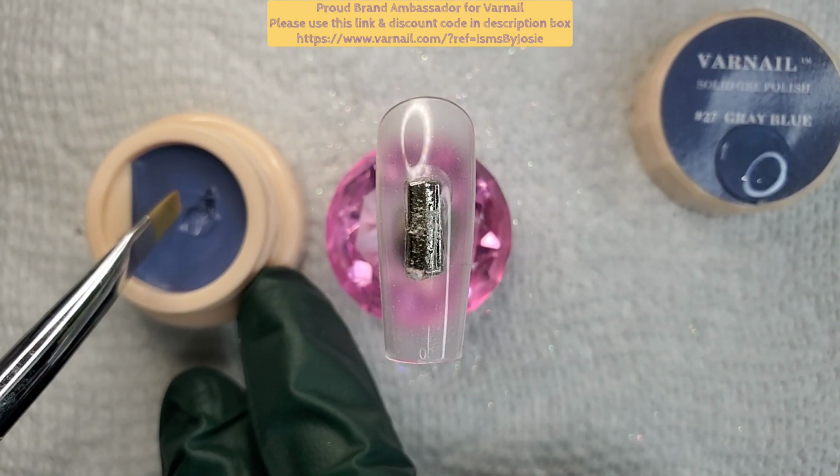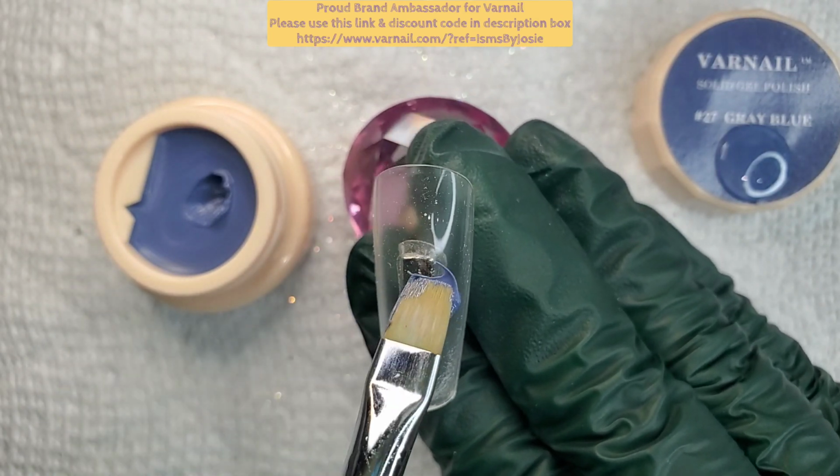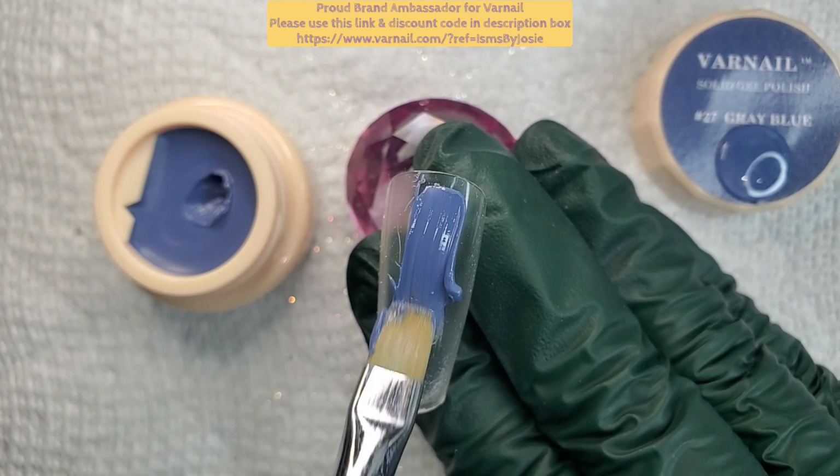From September 1st to September 23rd, I'm going to be doing daily nail designs using the items from the September